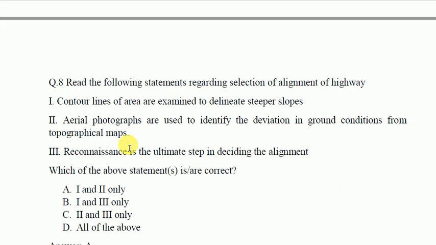Statement 2, aerial photographs are used to identify the deviation in ground conditions from topographical maps. Statement 3, reconnaissance is the ultimate step in deciding the alignment. Which of the above statements is are correct?